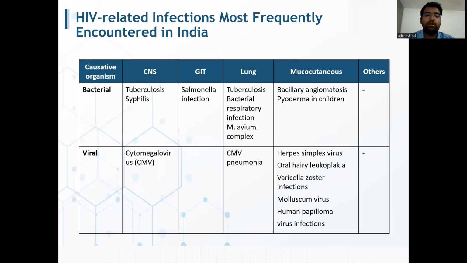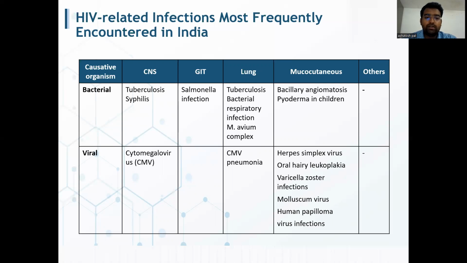So bacterial are tuberculosis and syphilis. Salmonella infections affect the GIT, and tuberculosis and syphilis affect the CNS. Tuberculosis and bacterial respiratory infections like Mycobacterium avium complex affect the lung. Mucocutaneous bacterial infections include bacillary angiomatosis and pyoderma in children. Similarly,